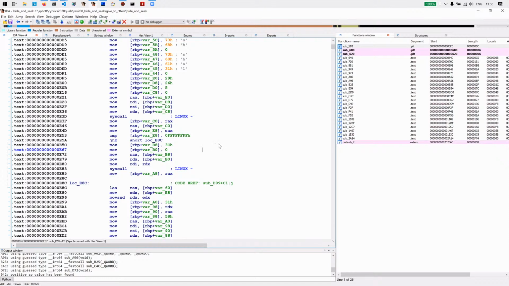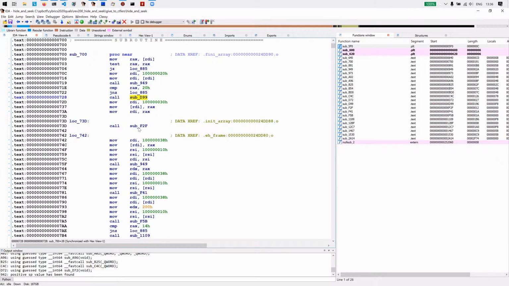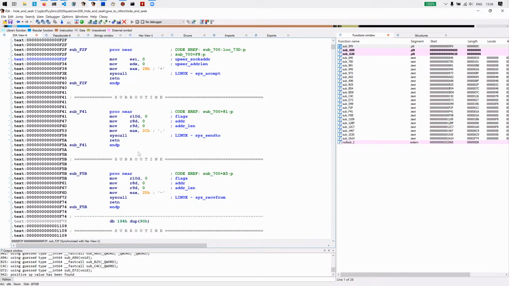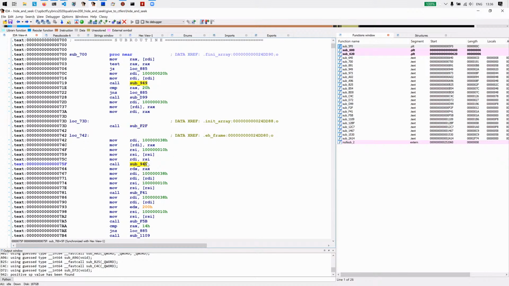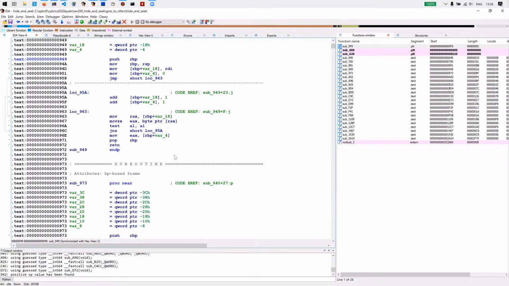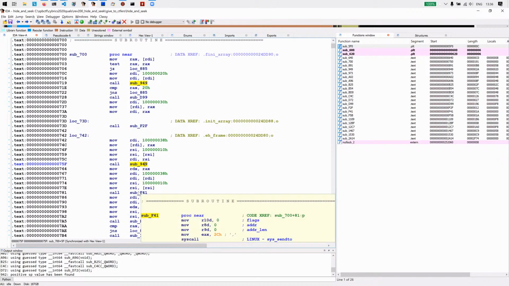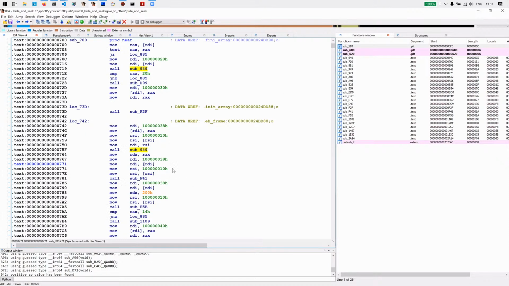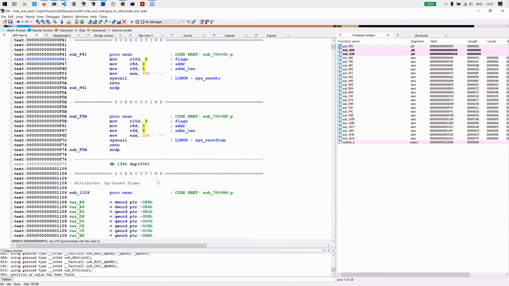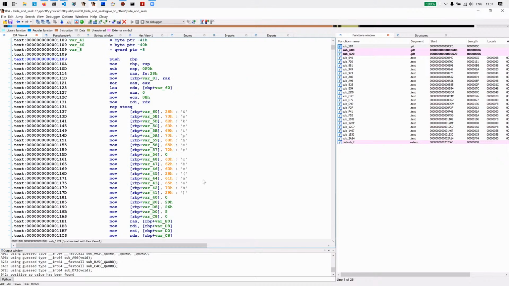So we bind it, then we call accept on this socket, and then we read SHA-1 from our fake flag string. Then we use the first 16 bytes as key for AES CBC mode, also using the kernel crypto API,